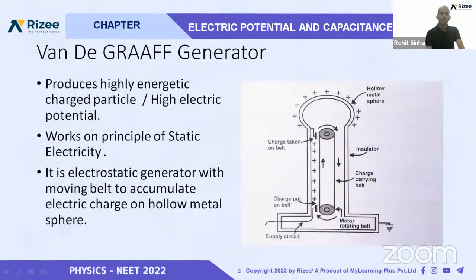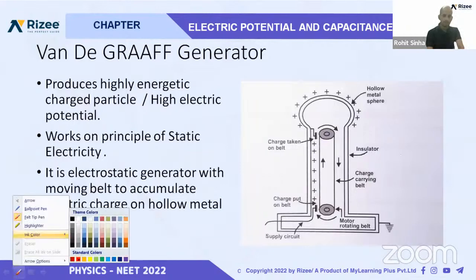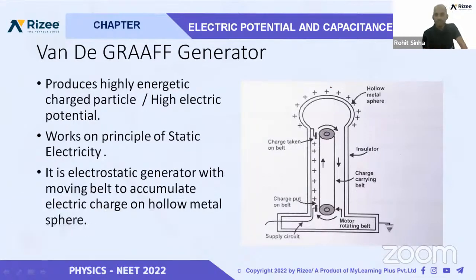It is the Van de Graaff generator. It is an instrument based on electrostatics. Its principle is static electricity, and it is also called an electrostatic generator. Why electrostatic generator? Because it produces